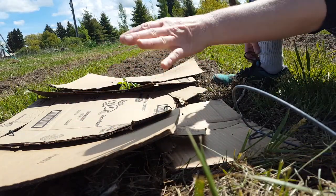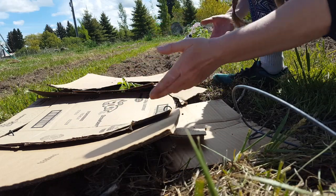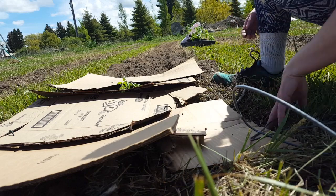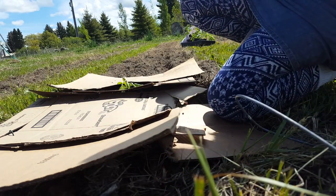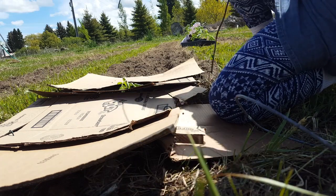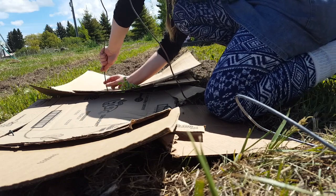The mulch won't retain any moisture because it'll be up on the cardboard, so you won't have any weeds growing in it. I'll probably put wood mulch on. And the other thing you can do, I'm going to put wall of water over these, but if you want to do something that's cheaper, you can just use